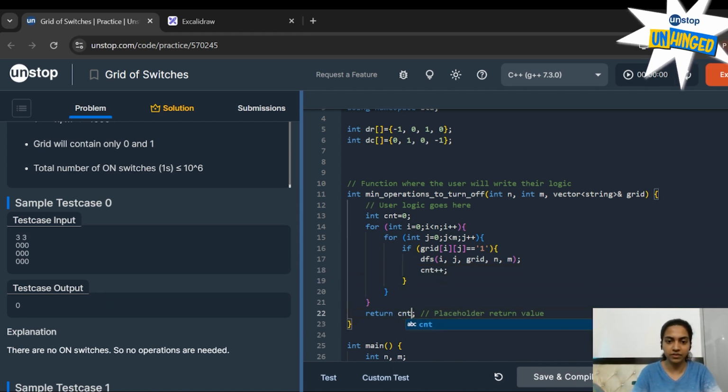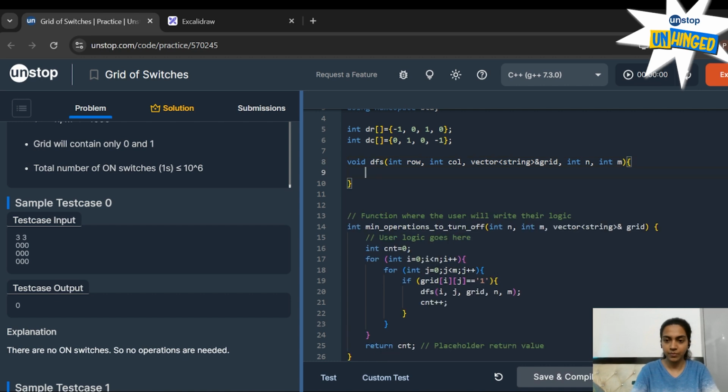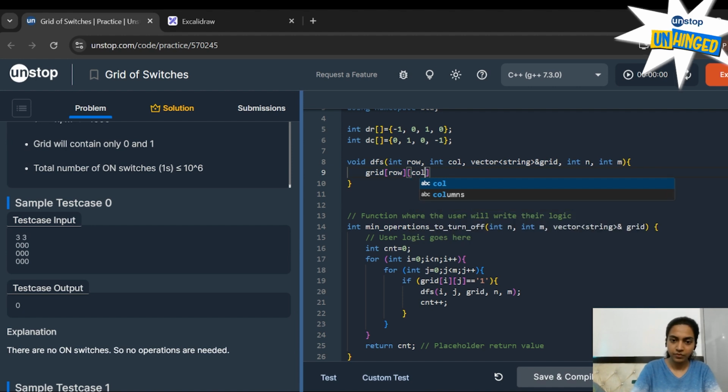Now we'll write the DFS function for it. The first thing will be to change this value to 0, right? We change it to 0.